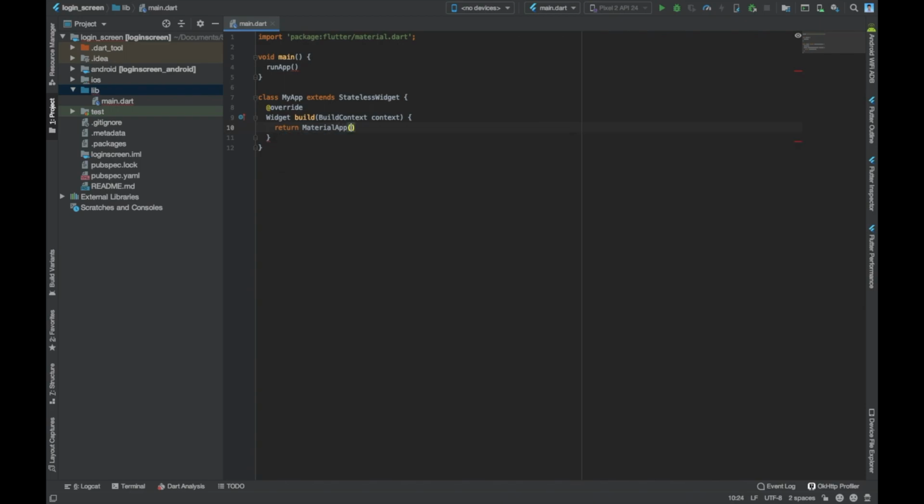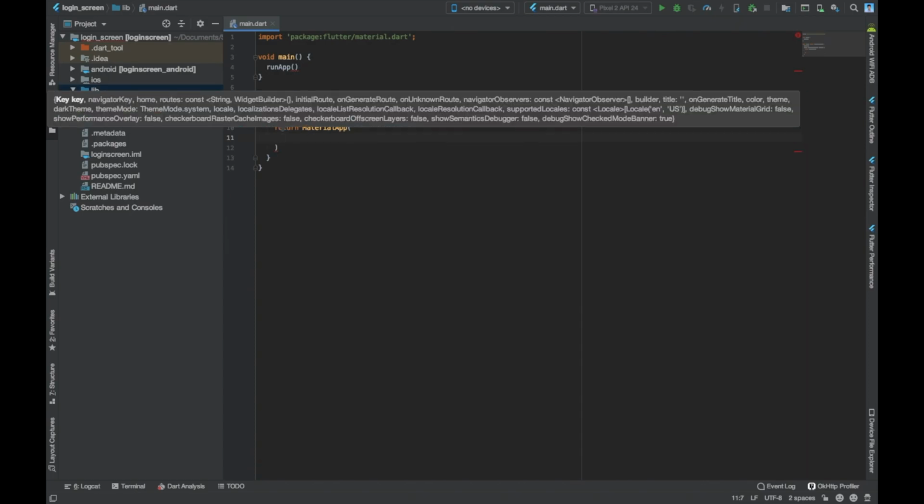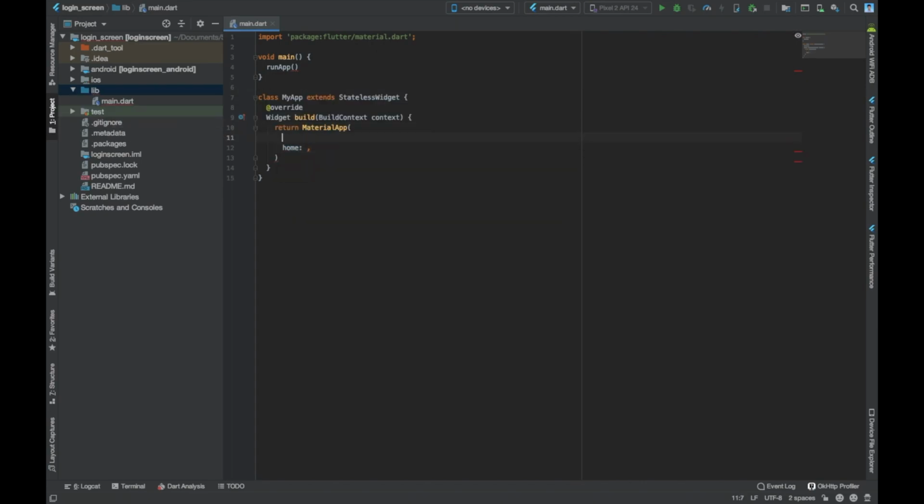Okay, inside MaterialApp, we are going to use home, but first we need to set debugShowCheckedModeBanner to false. Careful with the parentheses, braces, and comma. Okay,